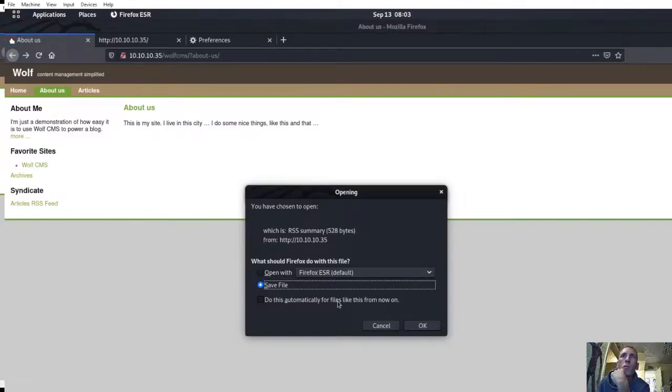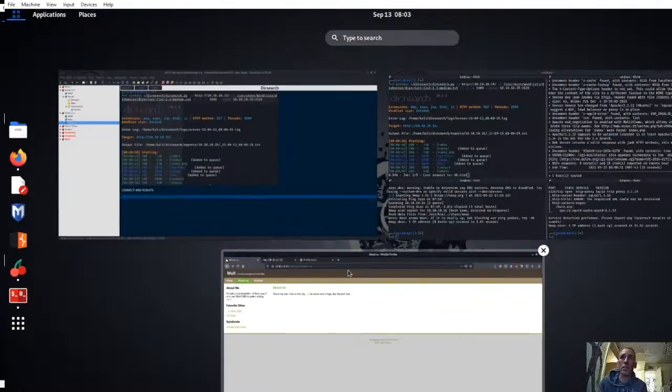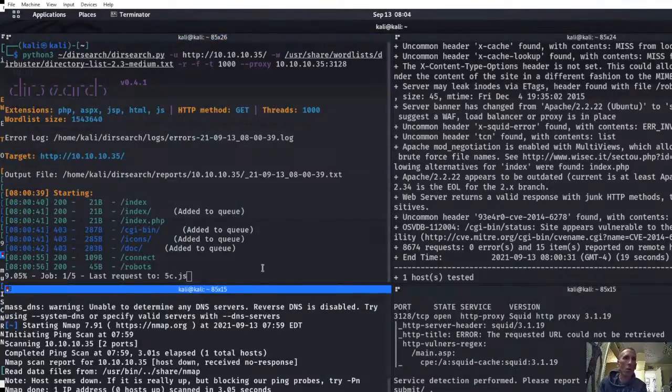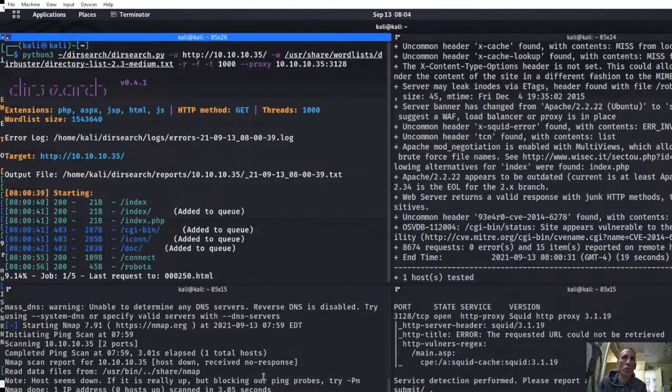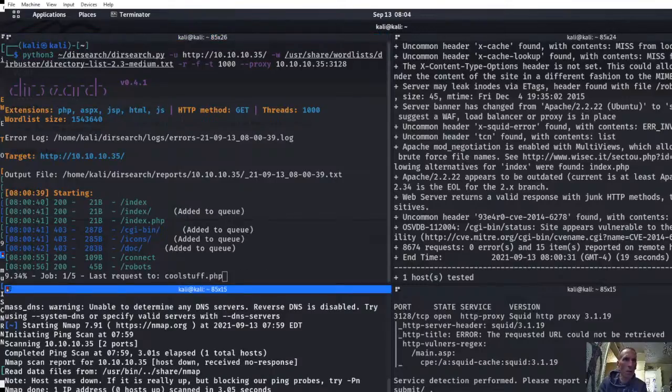RSS, excuse me. Let's go ahead and save the RSS file. And then it's question mark something also. So that's something to look into also. Let's go ahead and move from downloads. Actually, let's CD into